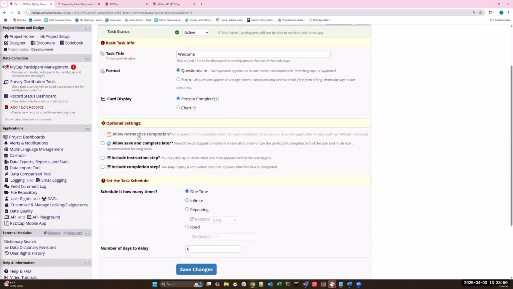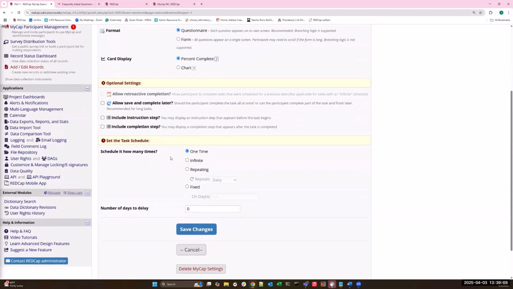Option settings: you do have a few options. Do you want to allow save and complete later? Include instruction steps, include completion steps. So you have that flexibility there. Another thing,